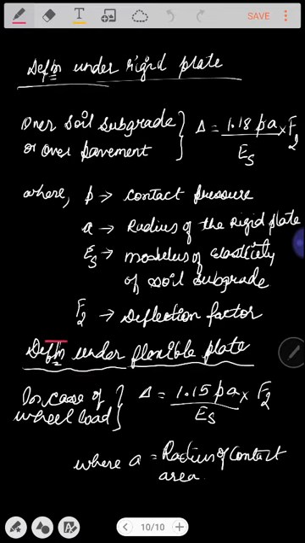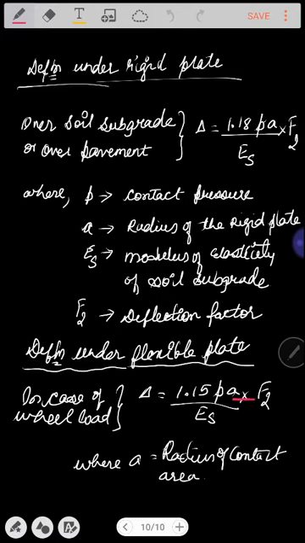plate? Suppose there is a wheel load acting over the flexible plate, the deflection under that flexible plate can be found by this formula: 1.15 P into a divided by ES into F2,